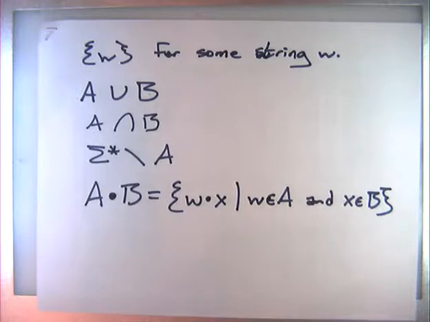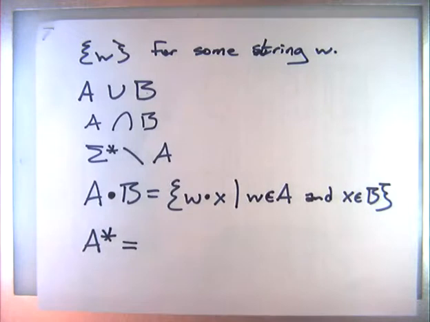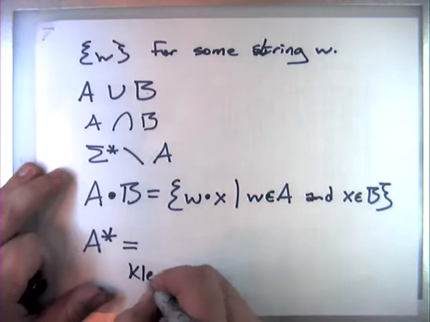And then there's one last thing, which we'll talk about in detail next time. This is the star of a language. This is what you get by taking repetition. So I can take any number of strings from the set A and concatenate them together. And this gives me a new string that's in A star. So in particular, even if A doesn't contain the empty string, A star does, because the empty string is a concatenation of 0 elements of A. Okay? I'm going to hold off on giving the formal definition of this thing,